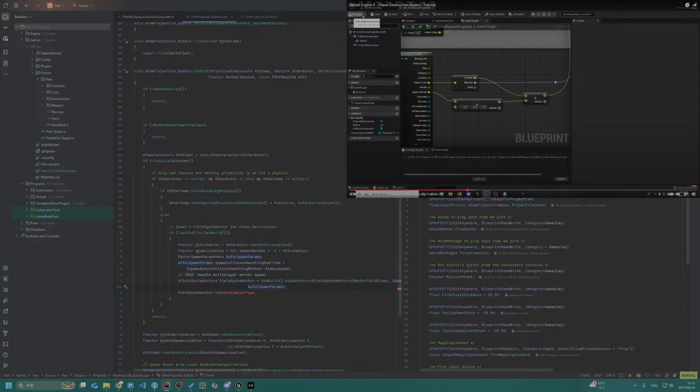Right. Spawn actor from destruction. So in this case, yeah, let's do it in C++.